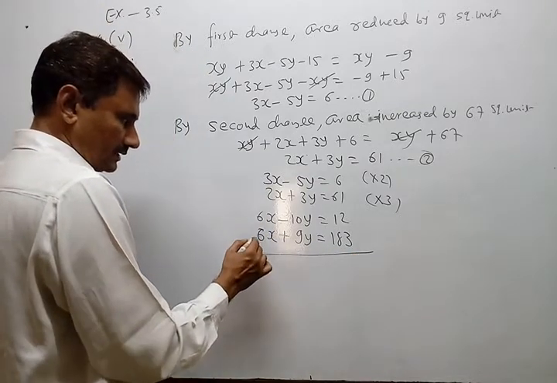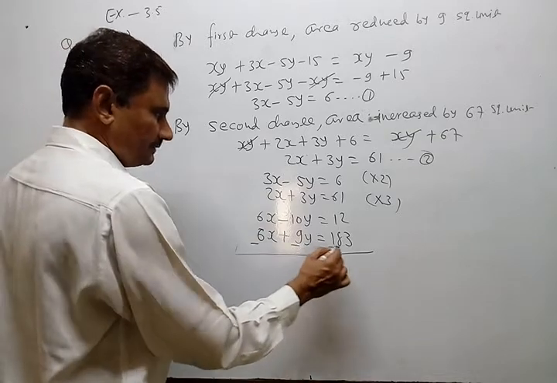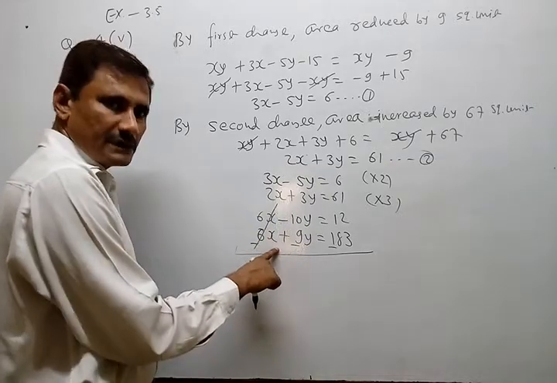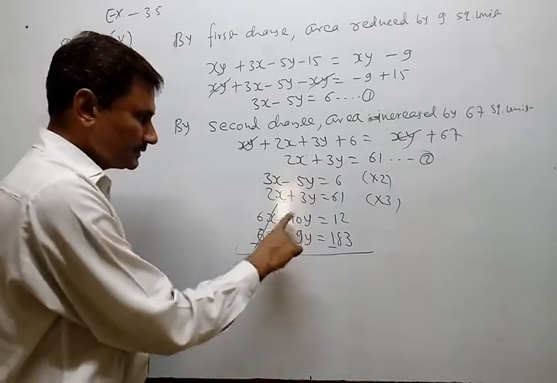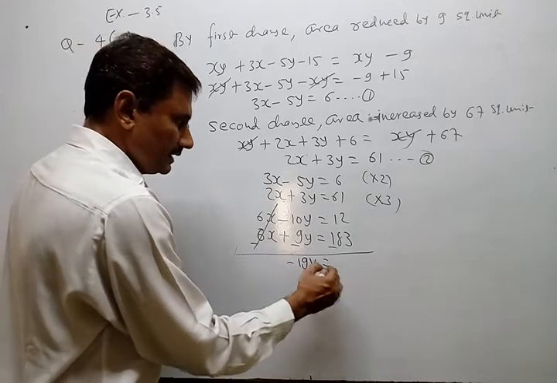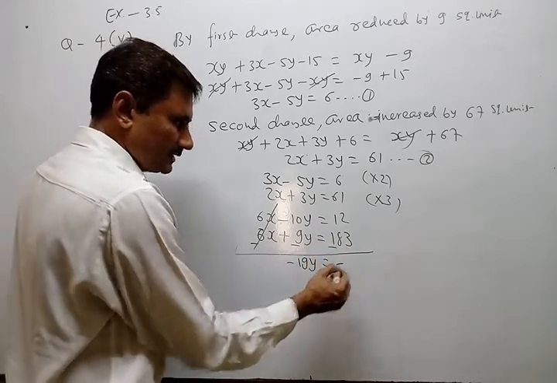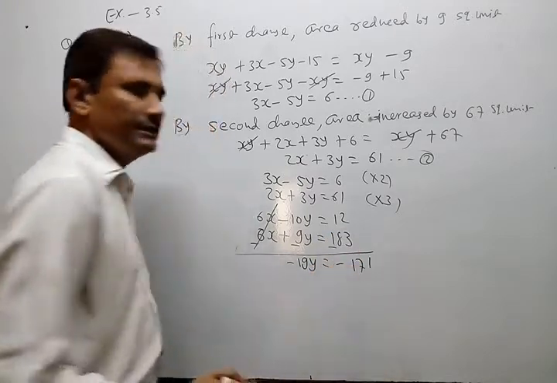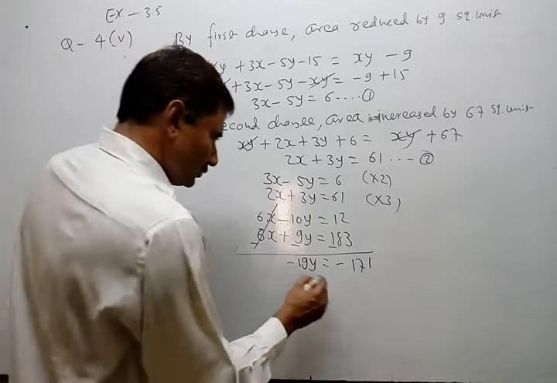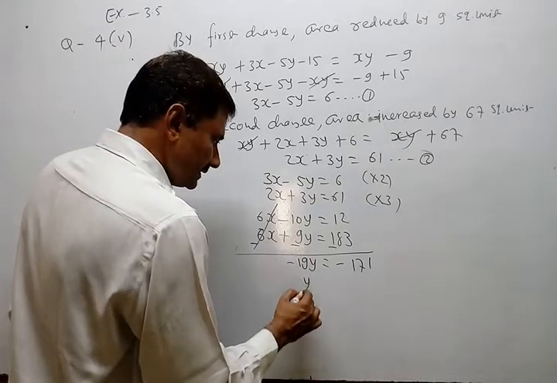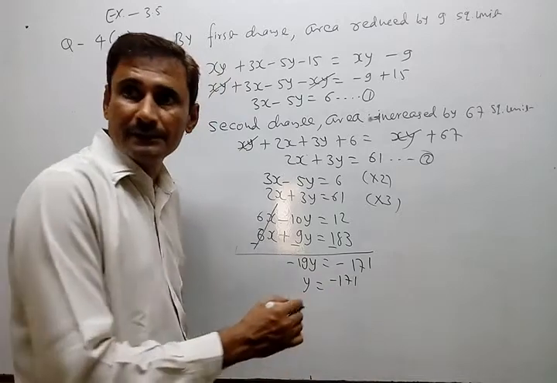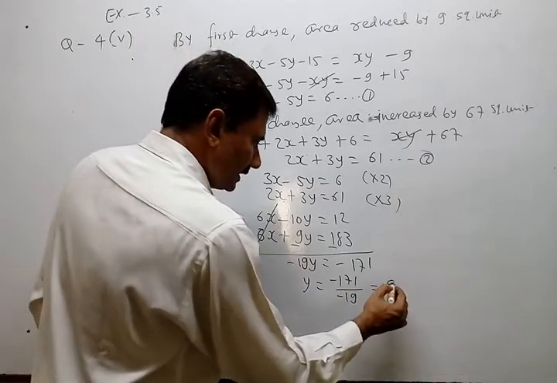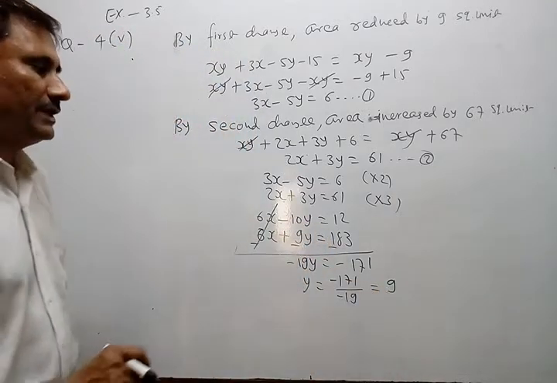They have equal signs, so make them different. So 6x cancels. We just subtract the equations, not add. So it becomes minus 19y, because of the opposite signs in subtraction. 3 minus 2 is 1, and this is 171. Minus minus becomes plus, so it becomes plus only, and 19 nines are 171.